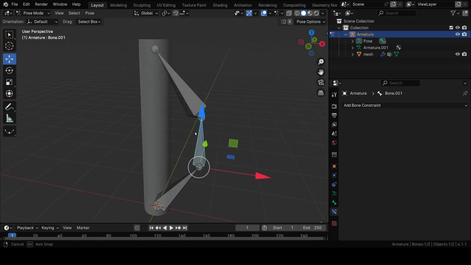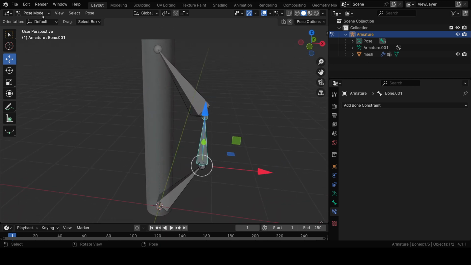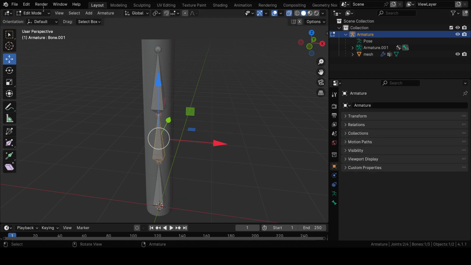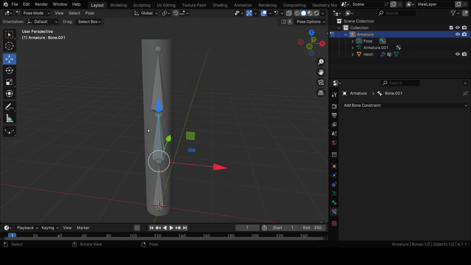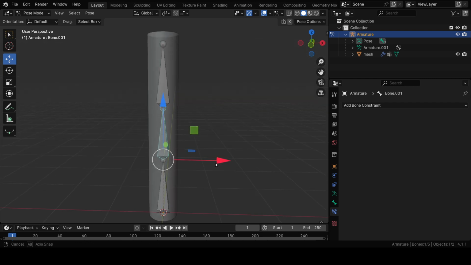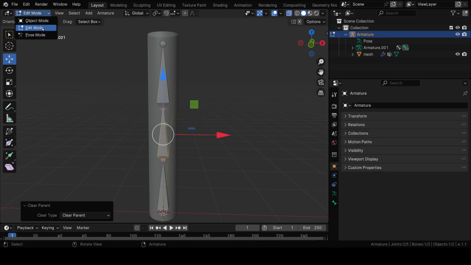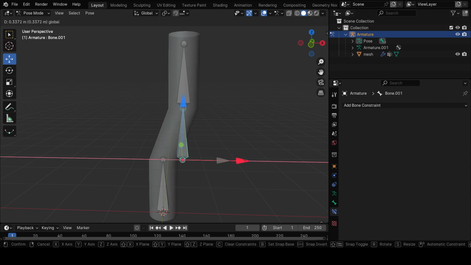But I should not go to pose mode and move it here. See, if I go to pose mode and move it,